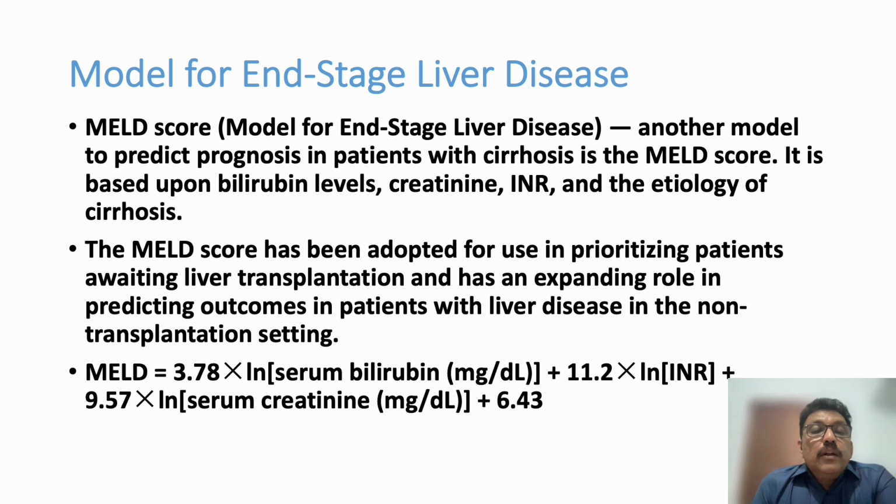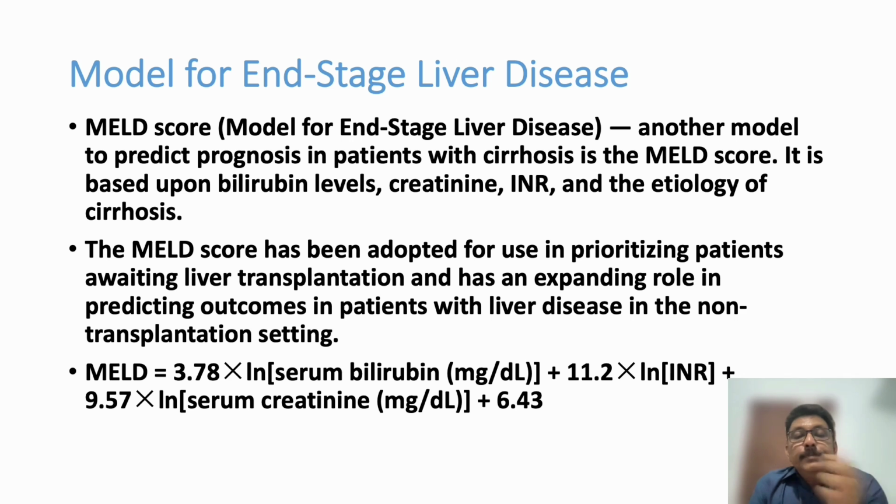MELD scoring is the model for end-stage liver disease. Another model to predict prognosis in patients with cirrhosis is the MELD score. It is based upon bilirubin, creatinine, INR, and etiology of cirrhosis. You can calculate the MELD score like this: 3.78 into